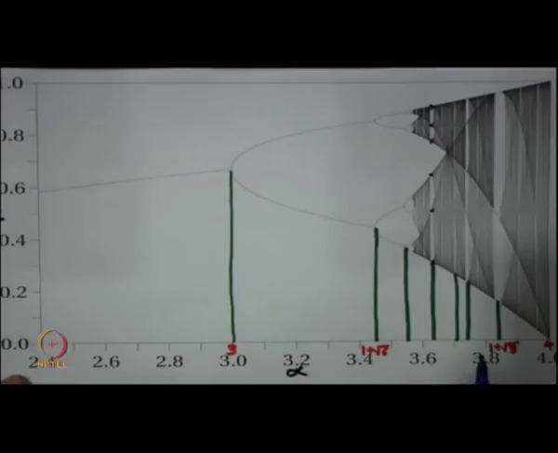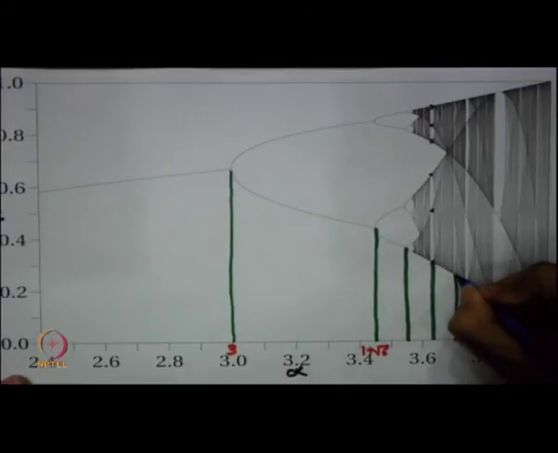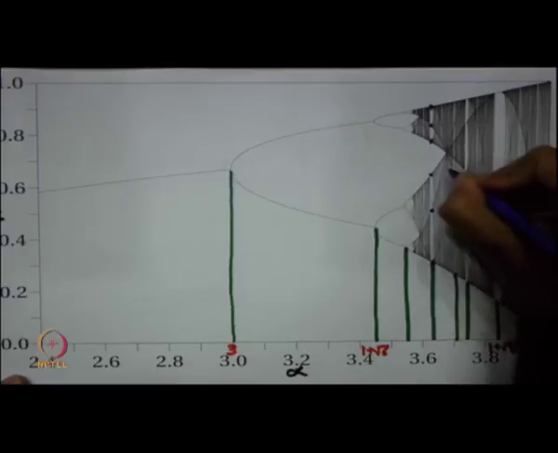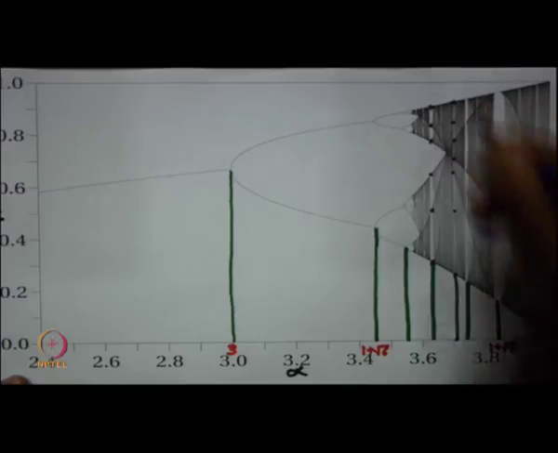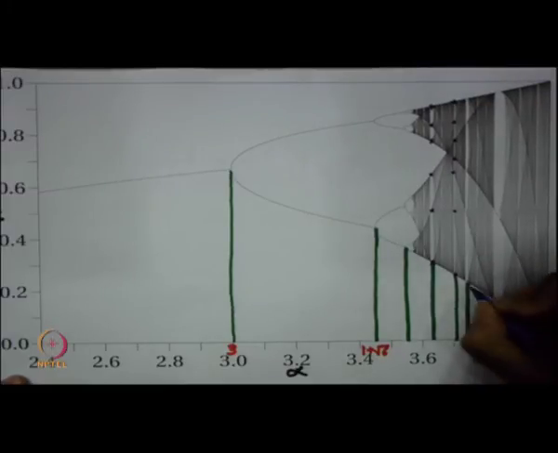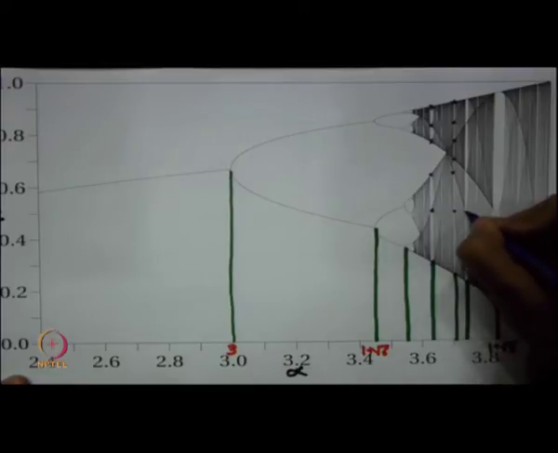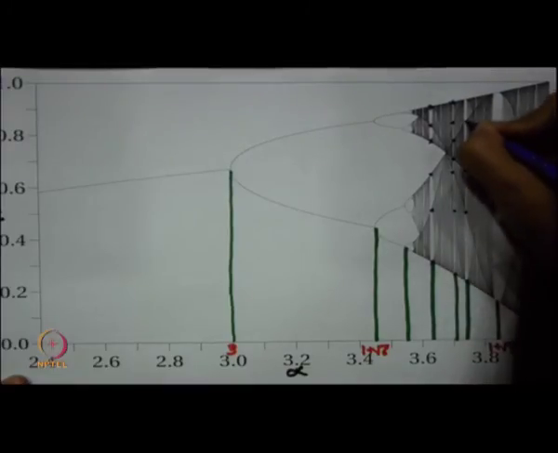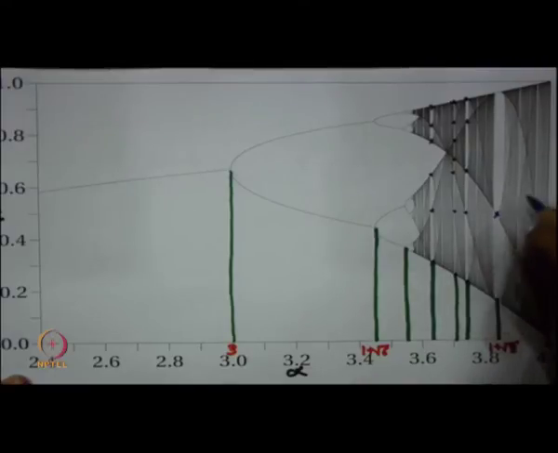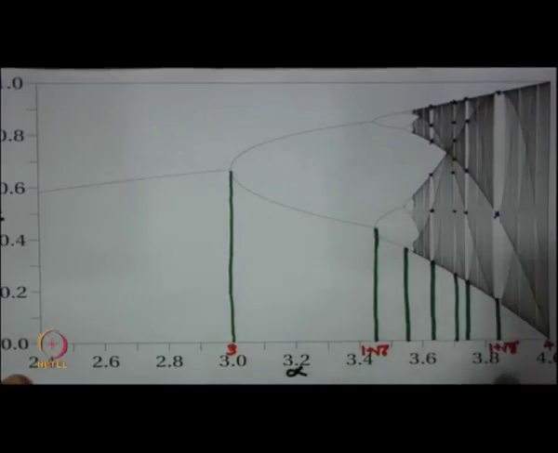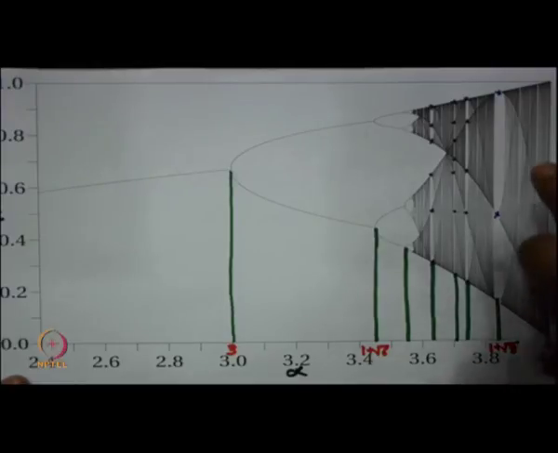They keep on being born till here, where you can find a periodic point of period, say, 7, whereas here you find a periodic point of period 5, and ultimately at 1 plus root 8 you find a periodic point of period 3. Once you reach this point of period 3, the dynamics becomes such that you can almost see that almost every point is covered up over here. So, the full 0 1 is realized over here.